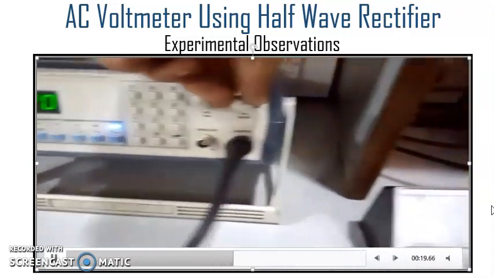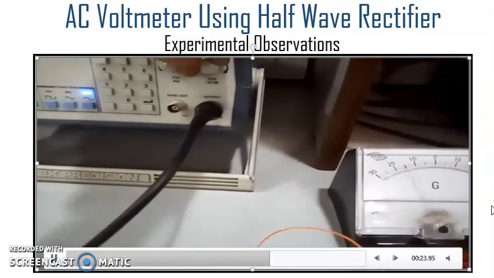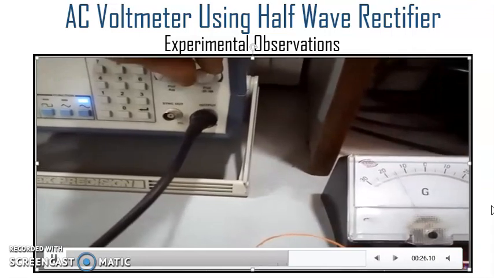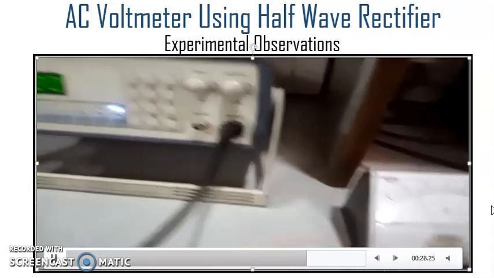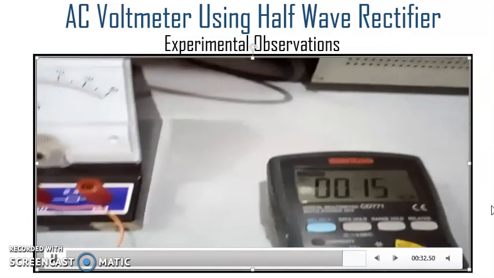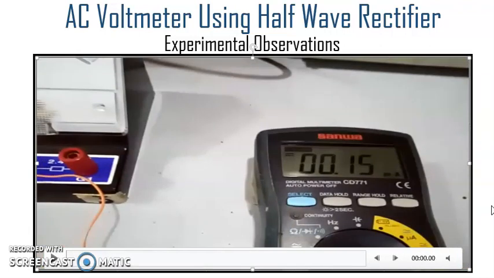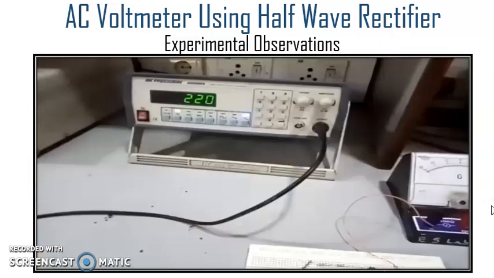If we reduce the voltage that is to be measured, that is, for half scale deflection on the galvanometer, the current should be half of the IFSD, that is around 0.15. So it is 0.15 or 0.14 here on the ammeter. So this is how we have cross verified or attained the experimental values for this experiment.